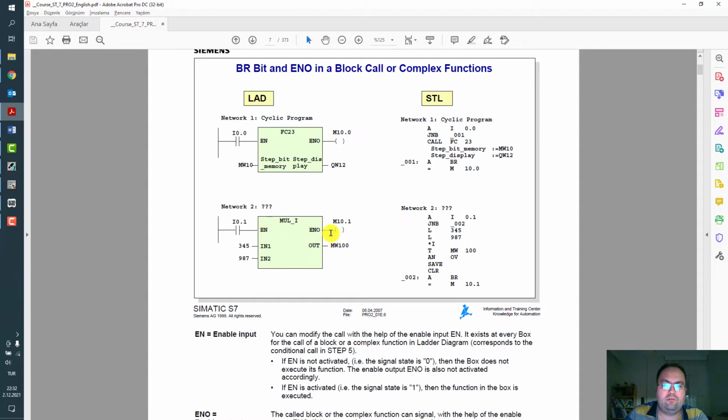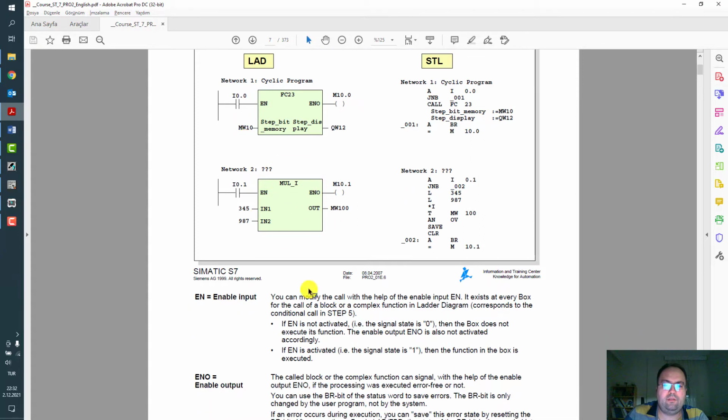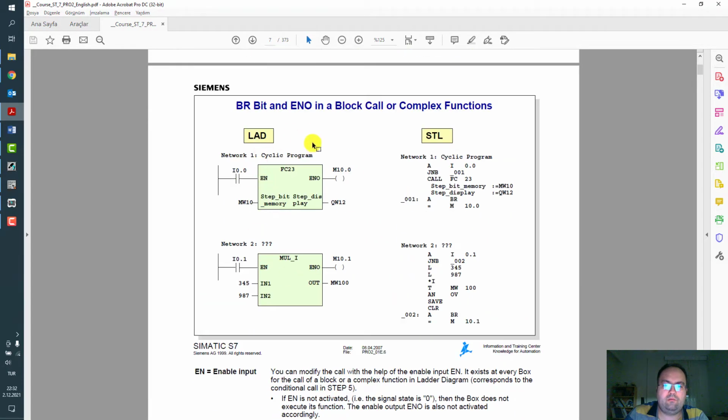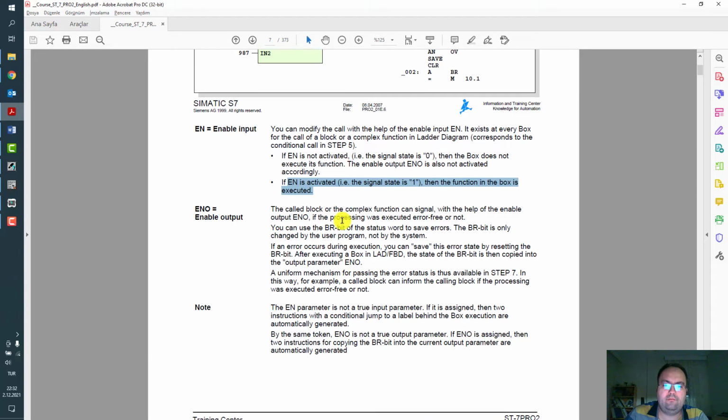Similar to other commands, if the enable input is activated, then the command, program, function or subroutine is called and executed. The enable output bit is related to this function or command. So if there is an error, enable output is set to 0. And it depends on the BR bit inside the function.